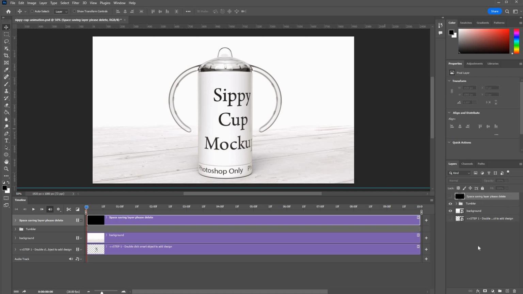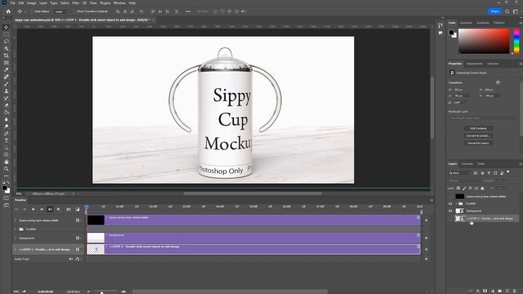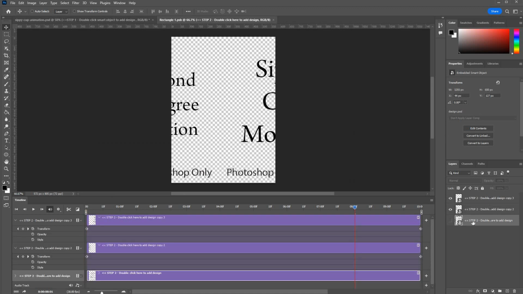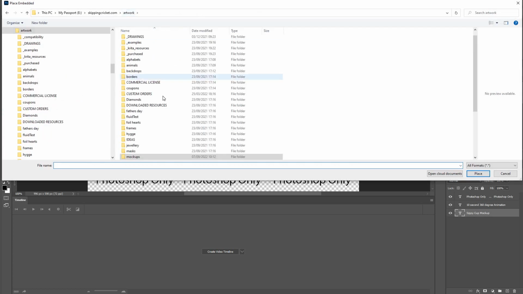And there's the mock-up. The first thing you'll want to do probably is put your design on it. Also, if you're not seeing this, make sure you've got Windows timeline shown. So let's go and put the design on. So double click step 1, then you come to step 2, double click step 2, and there's the design I've got at the moment. Now to put yours on, you just go File, Place Embedded,